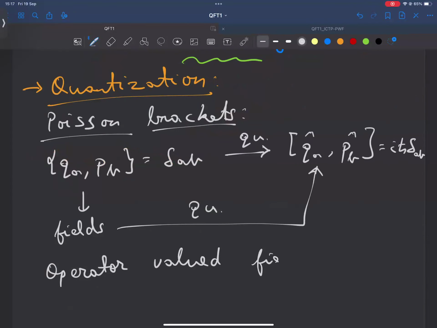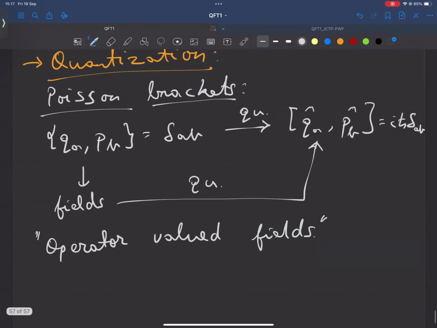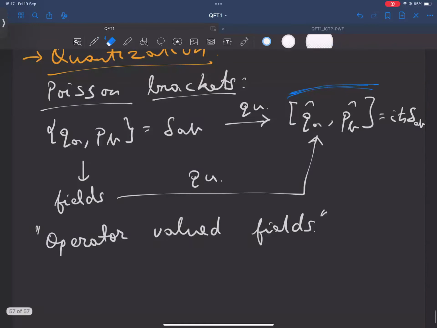Okay, so we will have operator valued fields. So fields which are defined at every space-time point, but they themselves are built out of operators that satisfy these kind of commutation relations. We will see this explicitly. So this is the procedure that we will do now. And note that